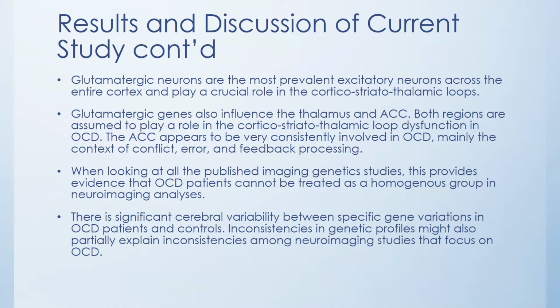This study had a few major limitations. One of them is that there were unequal sample sizes and unequal sized genetic groups. Also, neuroimaging is expensive, so that took a role in this as well. An additional limitation is caused by the pre-selection of genes and brain regions for these studies. Another major limitation was that OCD patients' level of severity differed across the studies, as well as the comorbidities, and this is partially the reason why OCD is heterogeneous.